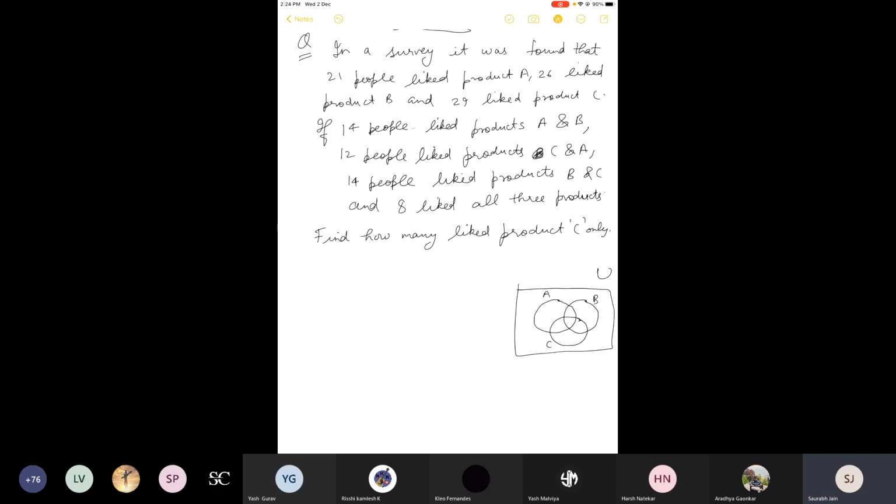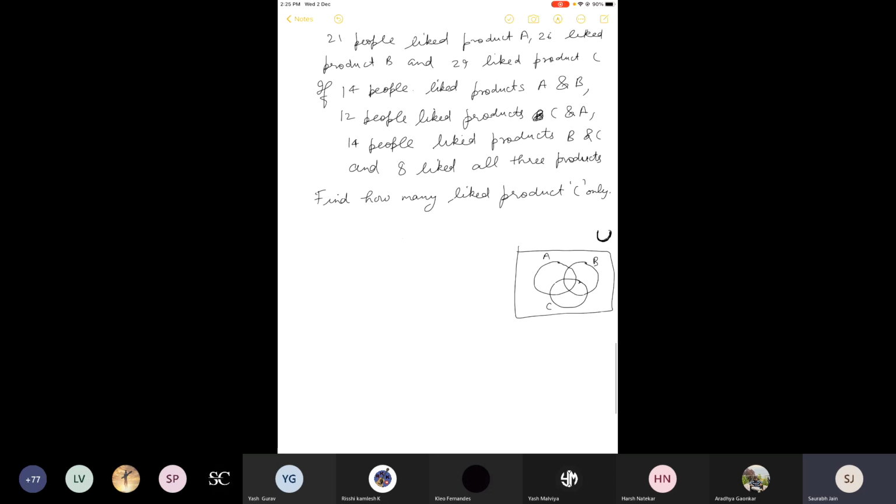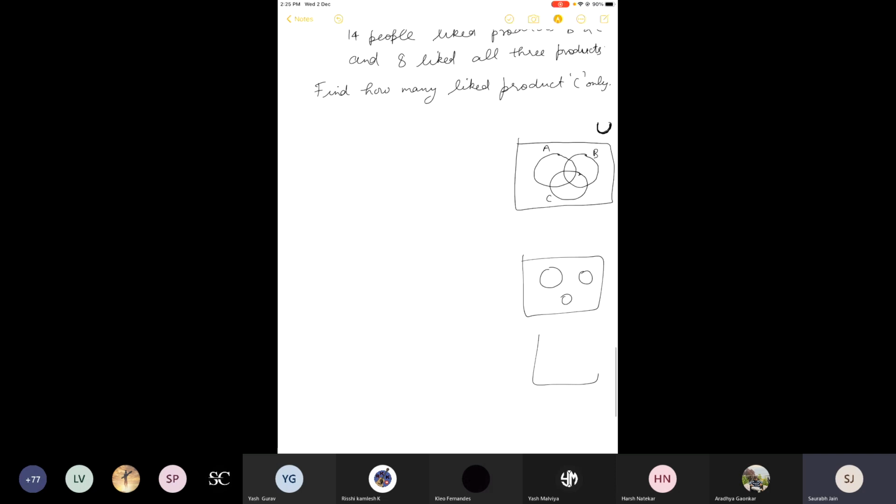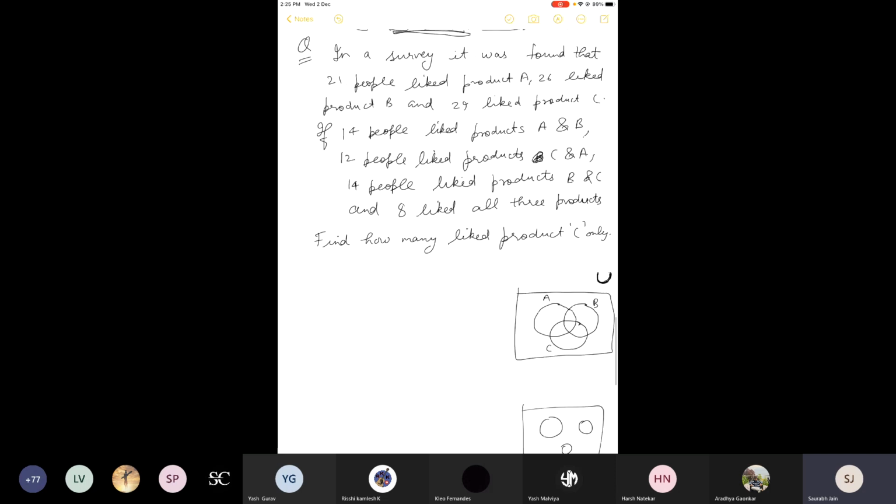See, this is the Venn diagram and this is the universal set, where I have drawn this rectangle. And I have drawn the three sets. Some of you were asking how to make the Venn diagram, why we are making the circles like this and not like this, with only two intersecting and not the third one. It is because of the question.